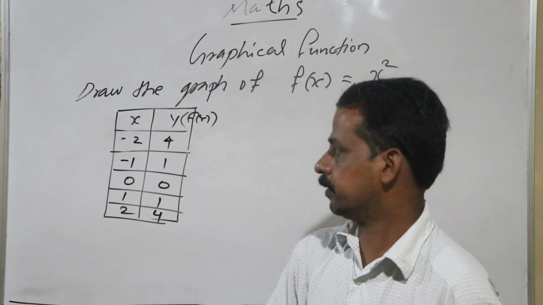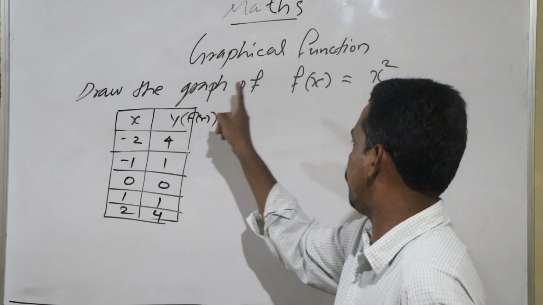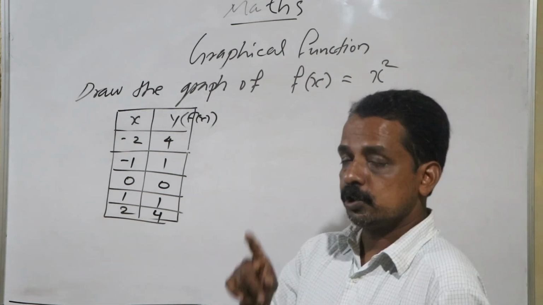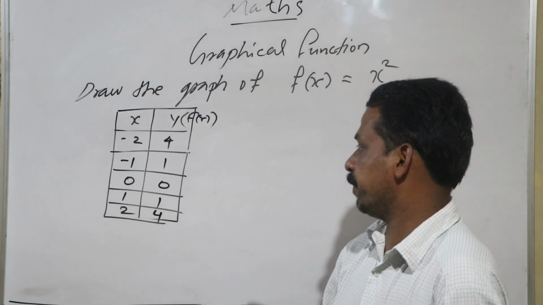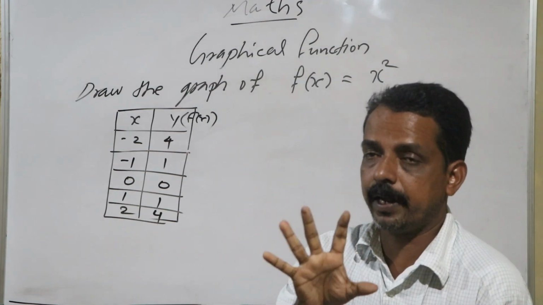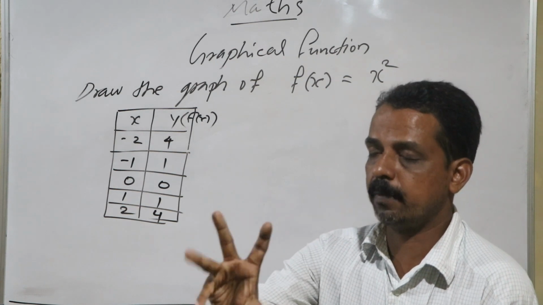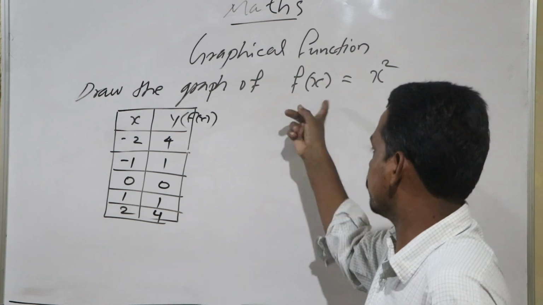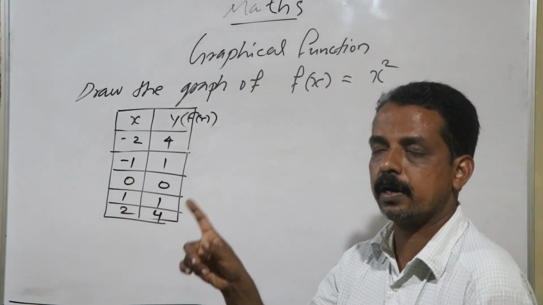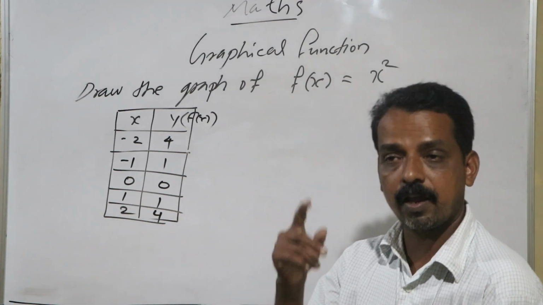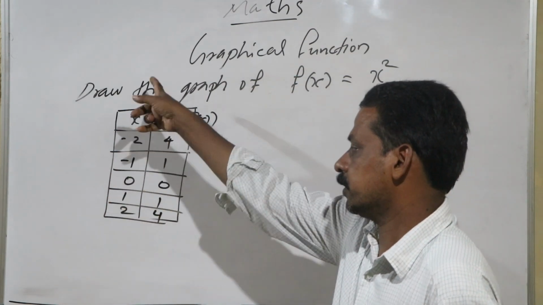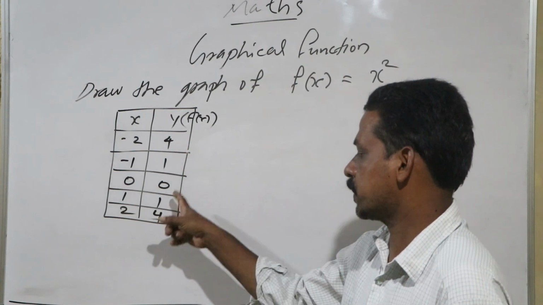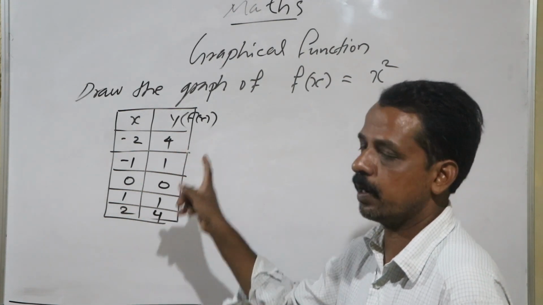What is the question? Here is the question: draw the graph of f of x is equal to x square. To draw the graph, we must pick out 5 x elements such as -2, -1, 0, 1, 2. Next, using this equation, we must find out the ordered pair, or y, or f of x of these 5 x elements. We get 4, 1, 0, 1, 4. These are the ordered pairs.